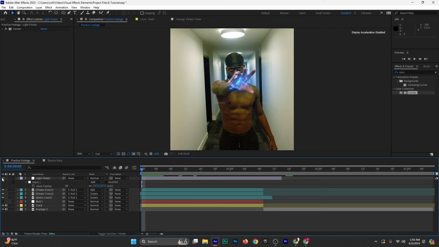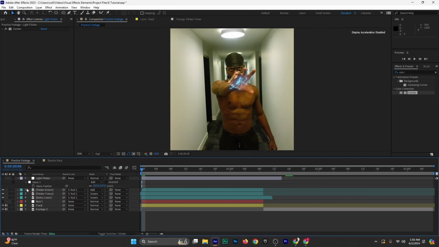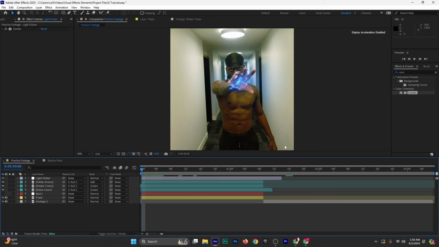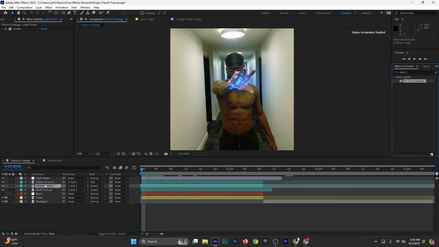Let me turn it off, turn it on, turn it off, turn it on. If I turn it on, we have this extra dramatic blue look. But if I turn it off, everything looks too natural. It's too plain, if that makes sense. So let's turn it back on and come back into our effects and presets tab and search up color vibrance. So color vibrance, right? I'm going to see if I can click and drag the color vibrance and place it on one of the